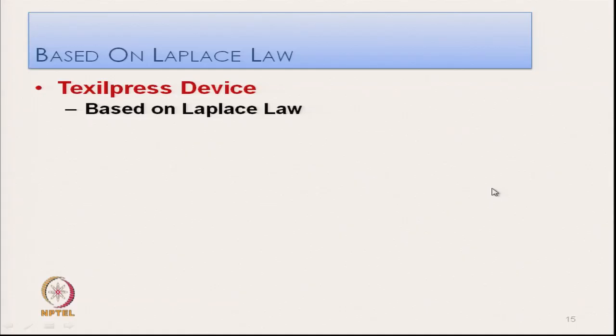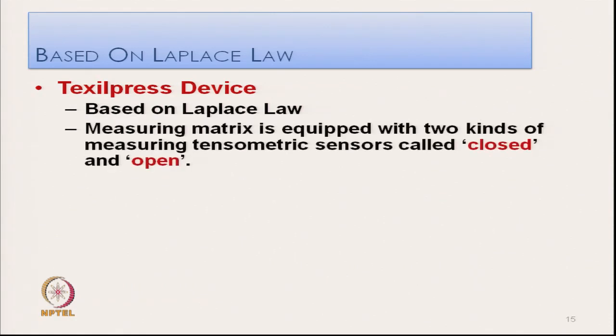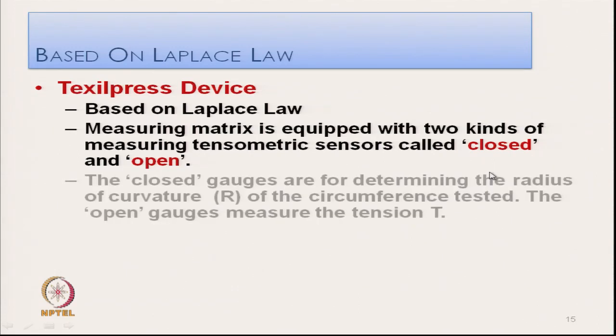Another method based on Laplace law is the textile press device, which works on Laplace law. Here again the measuring matrix is equipped with two kinds of measuring tensometric sensors. One is called closed, another is called open.